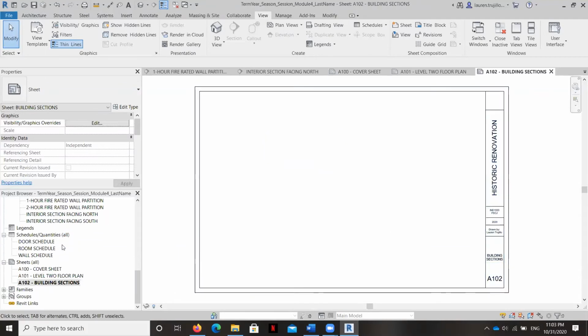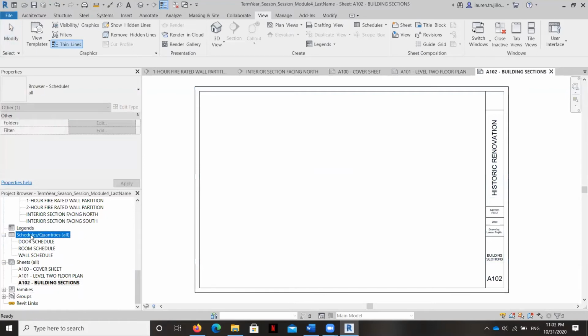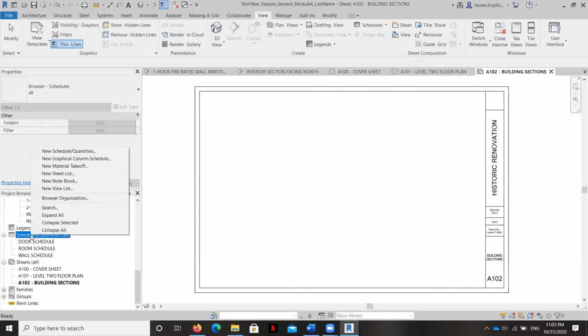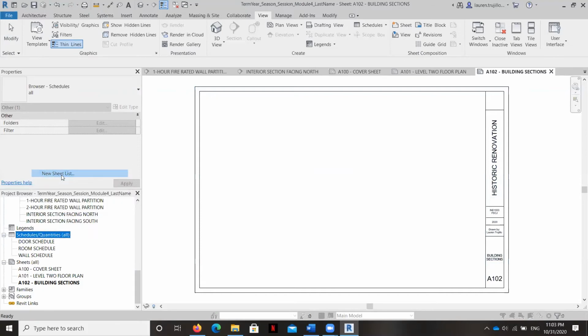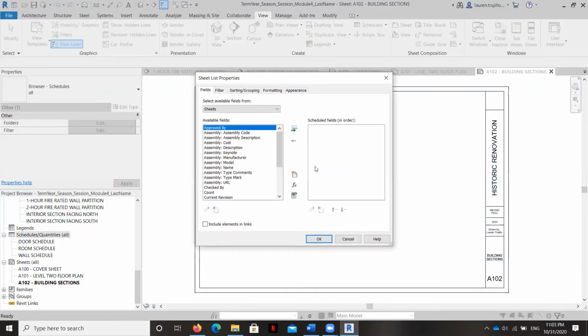Now, we're going to create several more sheets here, but for right now, I'm actually going to right-click on the schedules right here and see where it says Create New Sheet List. I'm going to select this button. Now this is just like a schedule because see it's under the schedules section, and you can see here Revit is asking us which parameters we want to add to our sheet list, and I want to make sure we add the sheet name and the sheet number.